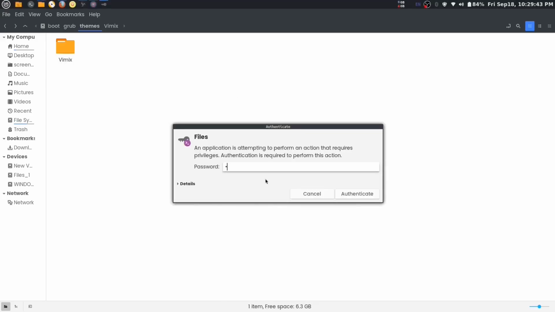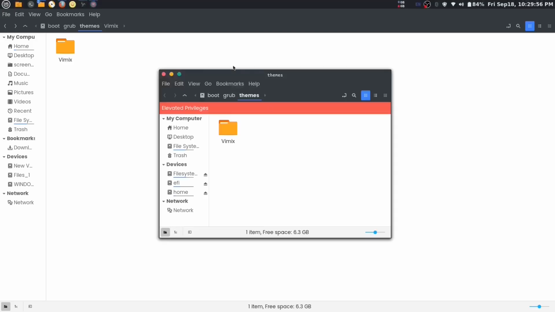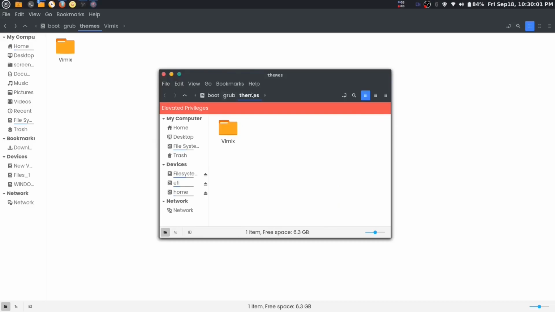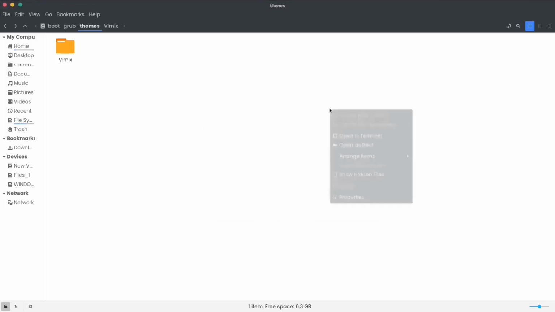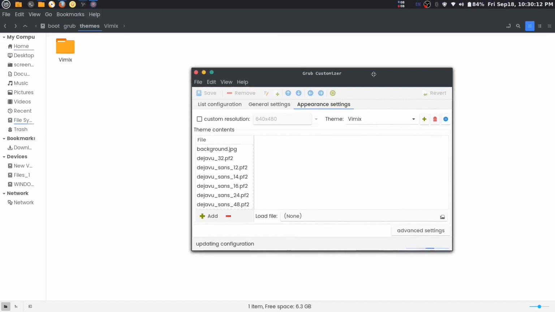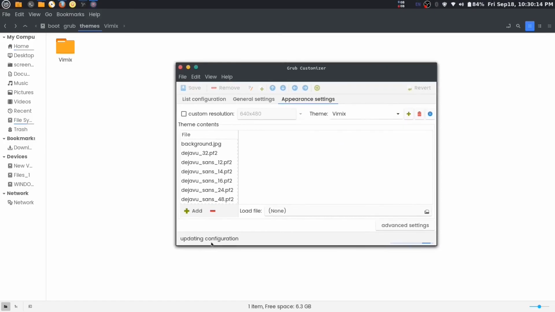You will have to provide authentication, and then you will be able to paste or delete something, and also create the themes folder that I told you about. So let's wait for it to complete its update.